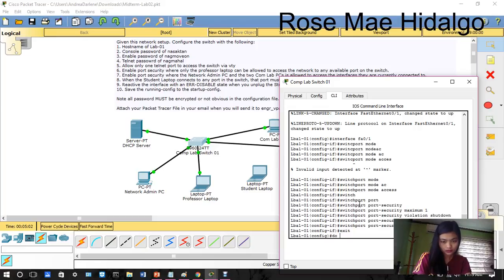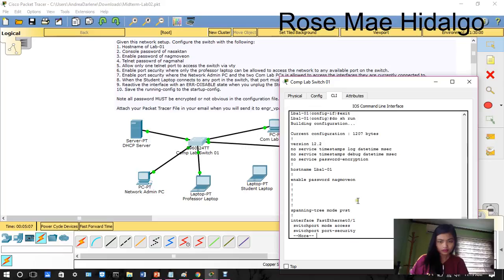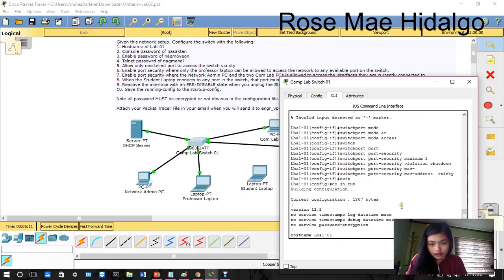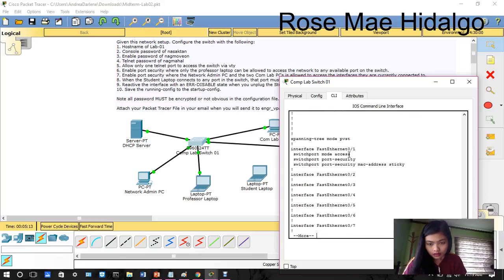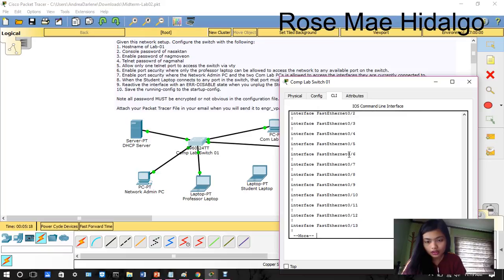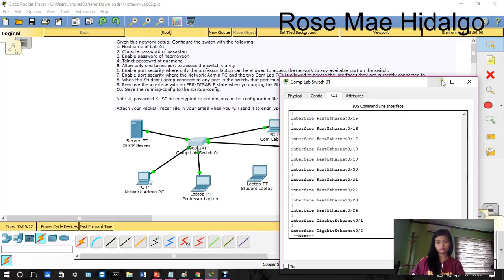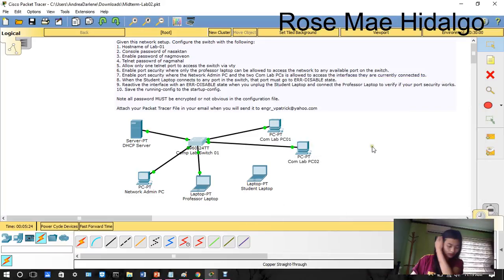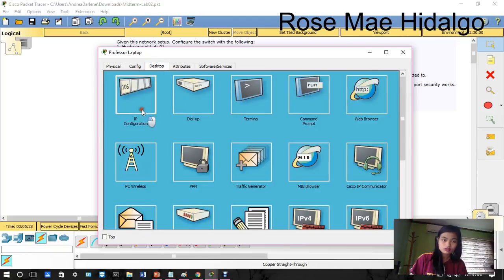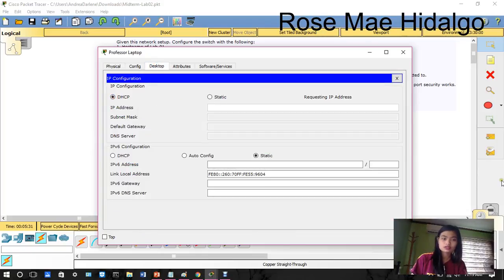Then do show run. So as you can see, there are no MAC addresses available. So, we need to ping from the FastEthernet. Then go to the laptop. We need to check DHCP. So, that's it.